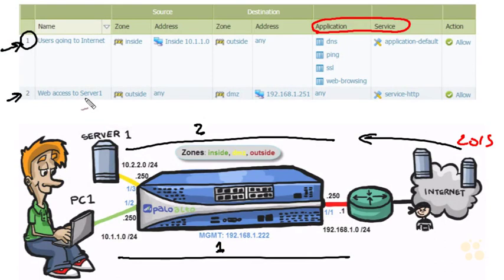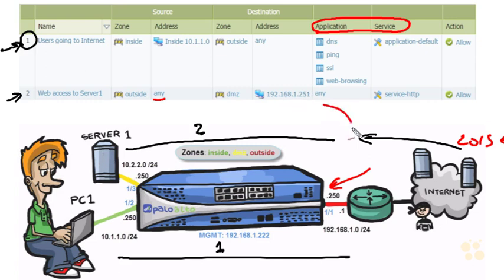The rule says this: permit traffic if sourced on the outside zone, meaning it's coming in on the interface that's associated with that outside zone. It can come from any source IP address, so Lois's IP address could be anything based on this policy. If the destination zone is the DMZ, which is where this server is connected, on an interface that's associated with the DMZ, and if the destination is